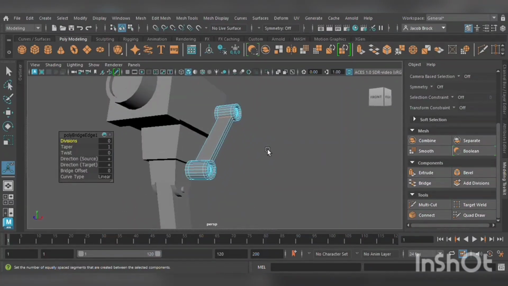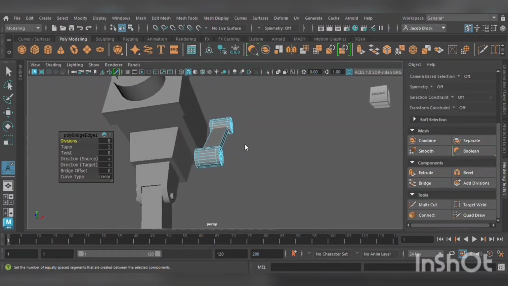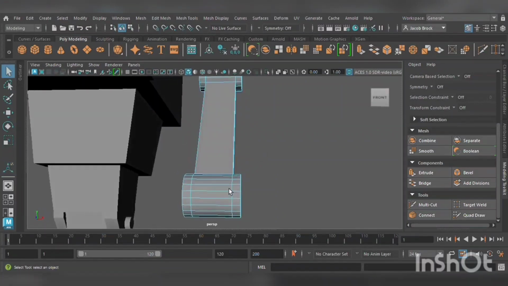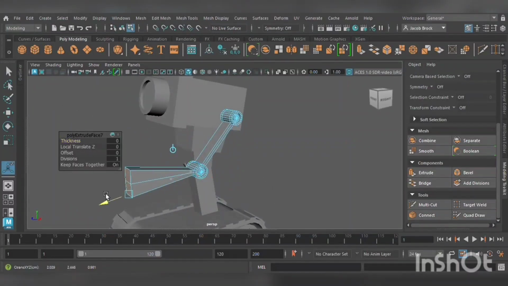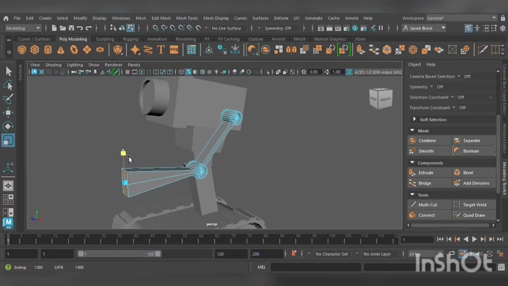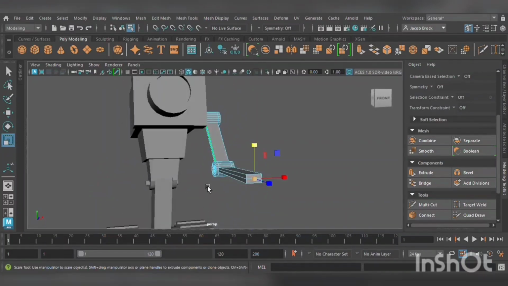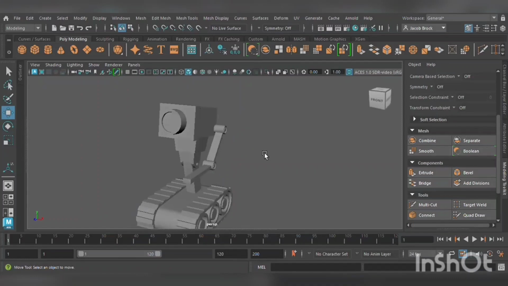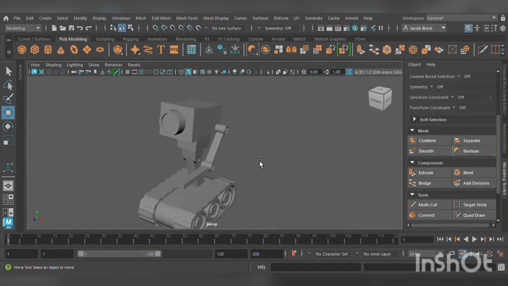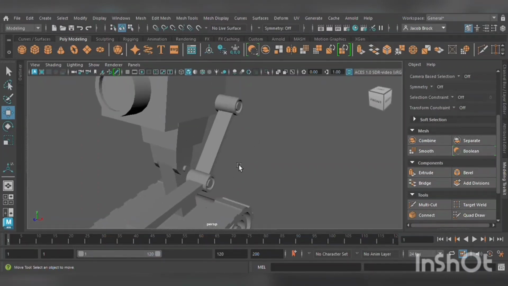And then all we do from there is we're going to do kind of the same thing, except we're only going to select these faces. We're going to extrude them, let's scale them back down. And then there we have the main arms. And so for those arms,